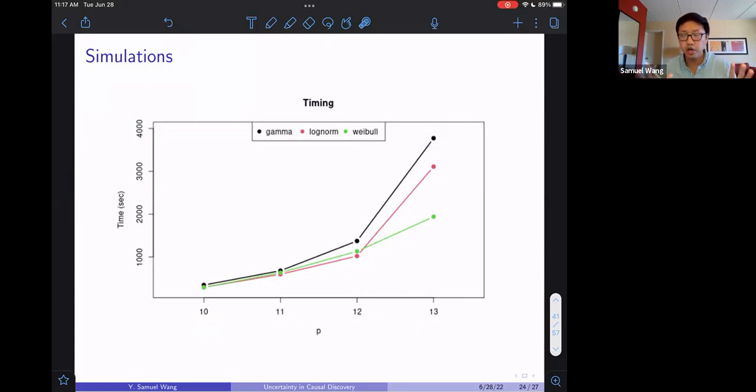Now, again, I do want to point out that this is dependent on the quote unquote signal. We're using a branch and bound procedure, which in the worst case has to search over all permutations. So in some sense, when the signal strength is larger and I can rule out more orderings near the beginning, this also allows us to do faster computation.